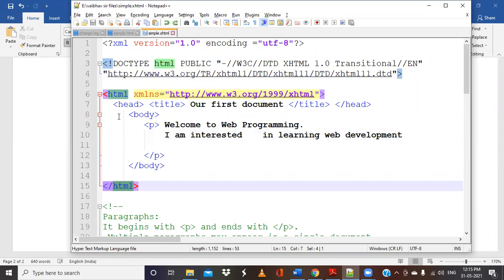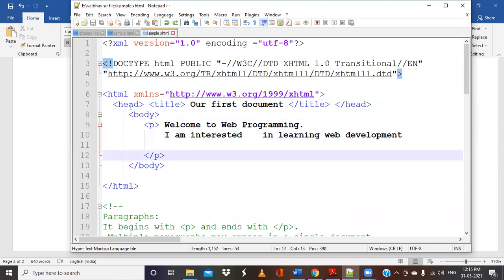So within this HTML open tag and closing tag, we have 2 sections. One is called the head section, another one is called the body section. So what will this head section indicate? The head section will include the title tag, and it will give just the information about the document. It will not give any details of the contents that we have included. It will just inform what the document is and give basic information about the document. For that we use the head tag.